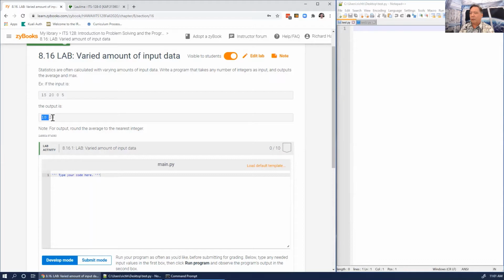Okay, in this program, we're supposed to write a program that reads in a line of integers and outputs the average and the maximum. So first of all, let's just write the program for how we would do this without using lists or integers. We would say input. Let's see, ints. I'm going to say ints equals. I can say integers